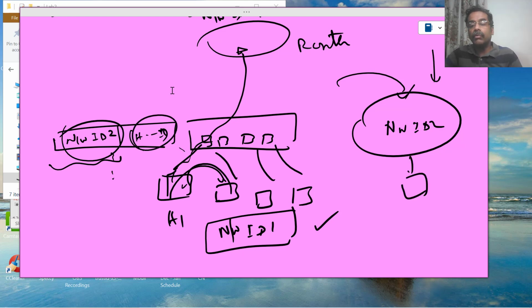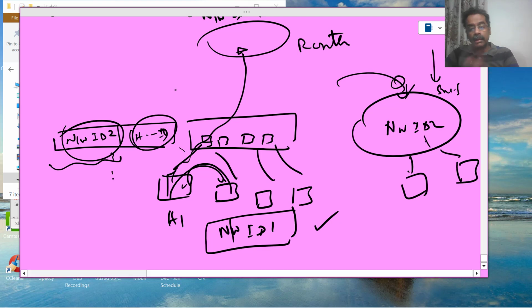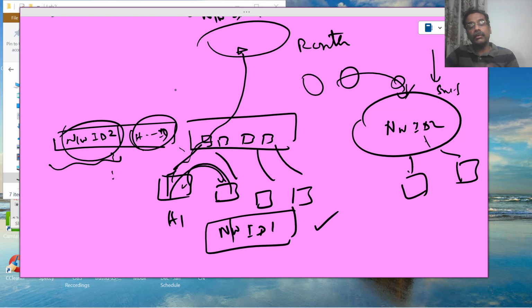The switch will take care of that. Finally, the router which is connecting this particular network will take care of routing to the particular host. Till then I am not interested in knowing the host ID portion at all. On the way, I am interested in searching for the network which is referred to by this particular IP address